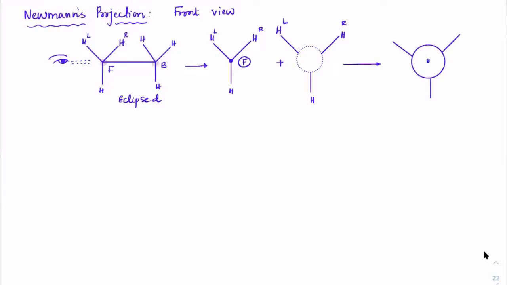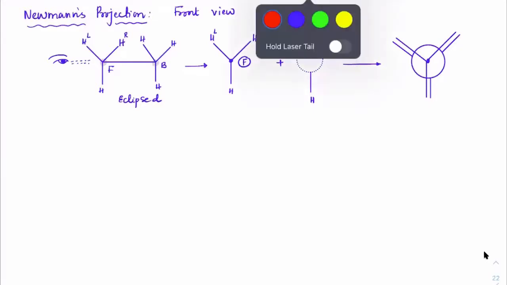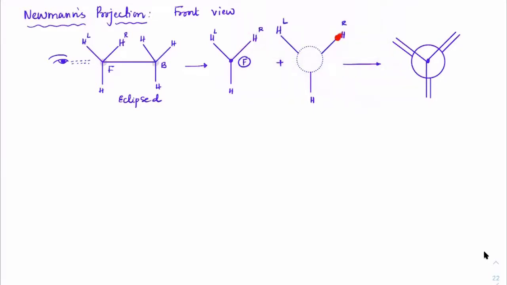And the front carbon starts from this center. It is also coinciding with this hydrogen, but I have to show that it is coinciding. So I will simply write it slightly parallel to that with a small gap. This hydrogen is exactly eclipsing with this, this hydrogen is eclipsing with this, and this hydrogen is eclipsing with this. But in the diagram I have to show where they are, so that's why I'm taking a small gap.